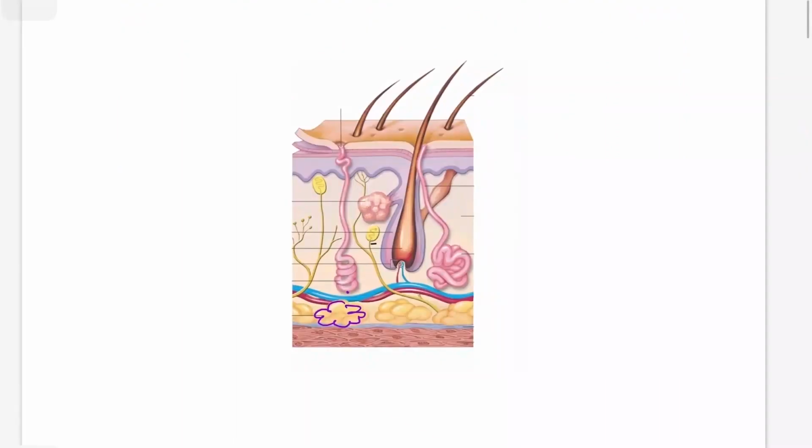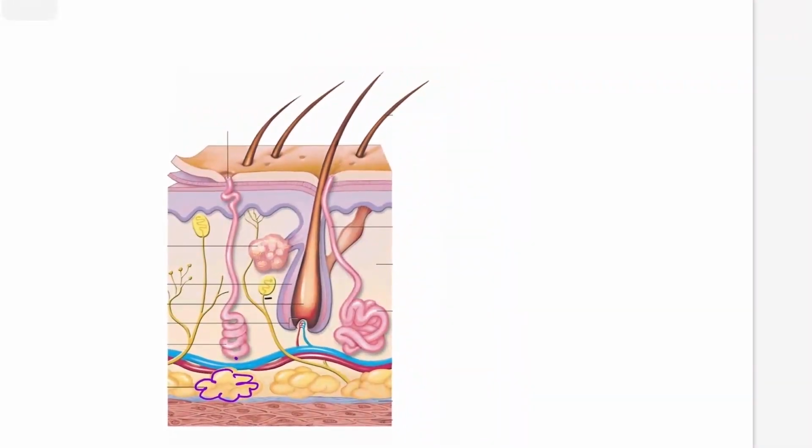Skin is a stratified structure. Stratified means layered. So it is three layered: epidermis, dermis, and the subcutis. The epidermis and the dermis are separated by the dermoepidermal junction. So if you see in this picture, you will see this layer separates the dermis from the epidermis. So the layer above this is called epidermis,